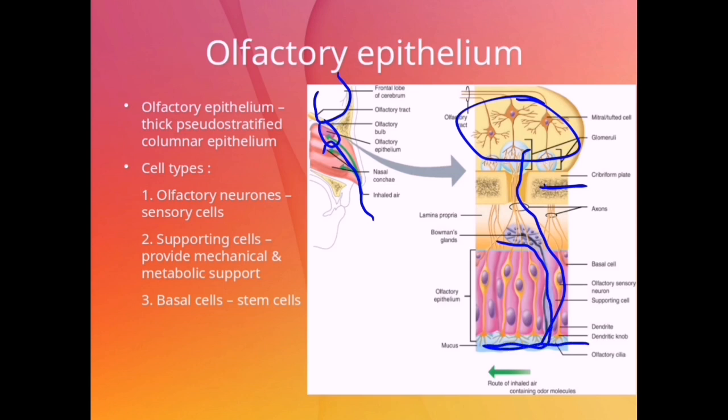The function of this mucus is to dissolve the gases which contain the odoriferous material, and it also maintains a continuous uptake and removal of odoriferous substances from the olfactory epithelium. So recall that the olfactory epithelium lines the superior concha at the roof of the nasal cavity only